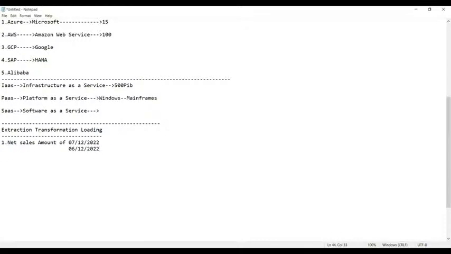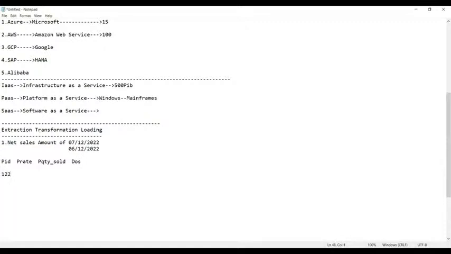This is the data. Let us see the data. You have the product ID, PID stands for product ID, then the product rate, and the product quantity sold. And then we have the date of sales, DOS, which stands for date of sales.